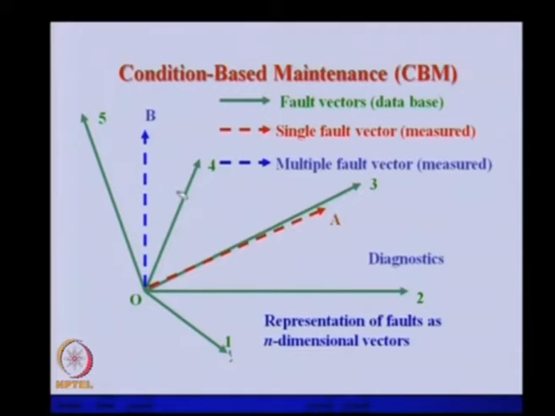So, we can attach some kind of probability, because for faults 4 and 5 both there is a possibility. We can attach a probability of maybe 60% for fault 4 and 40% for fault 5. Based on the vector, we can estimate the probability of the fault if there are multiple faults appearing in that particular machine. So, this is a very abstract definition of how we can identify the fault using this enormous amount of data. This kind of technique can be used to predict the fault in a machine.